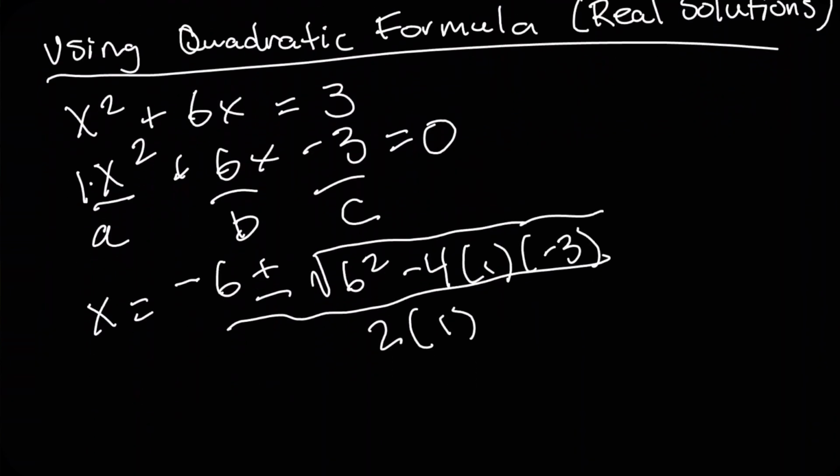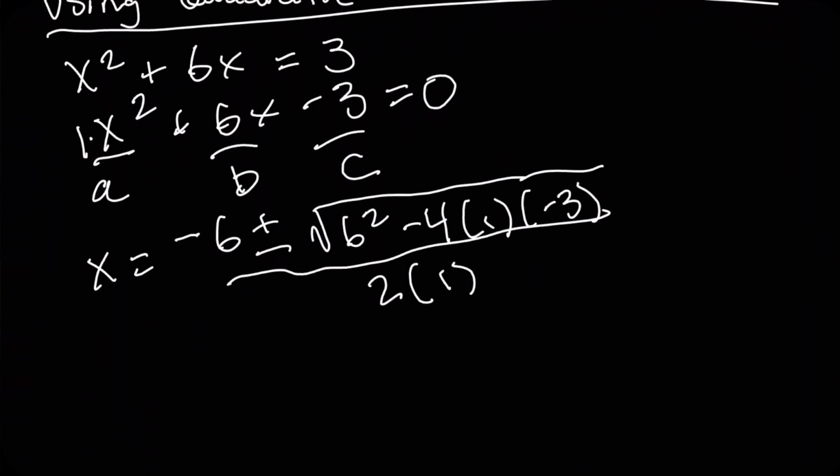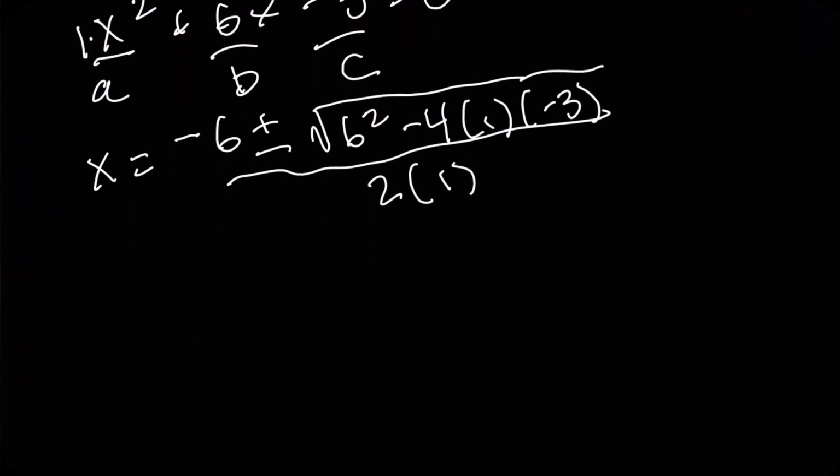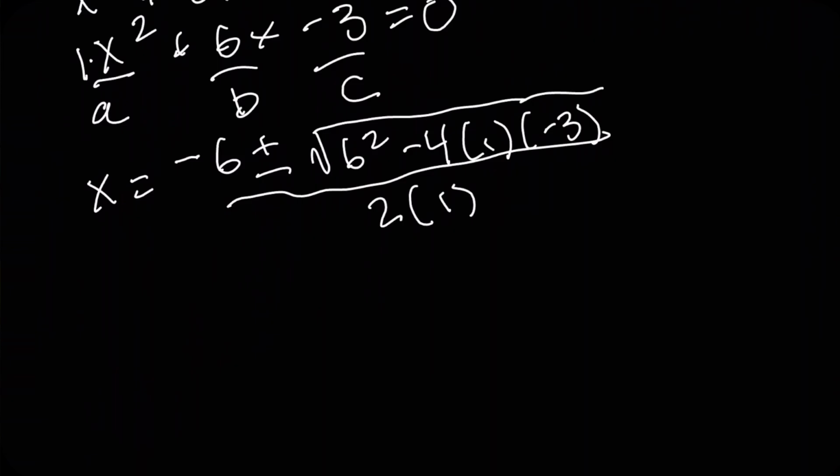And make sure to be careful with your signs sometimes when carrying it over. So for example, our c is actually -3, not just 3, so just make sure to check your signs when plugging it into the formula. Alright, let's see if we can further reduce anything here. We can say